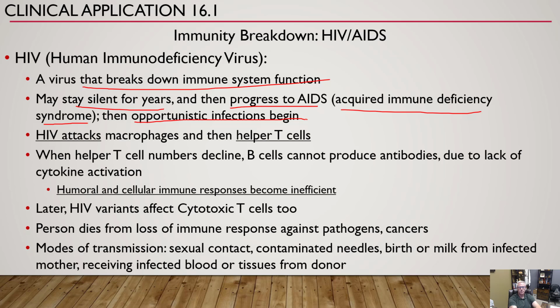have no immune system. So what happens in HIV is that the virus itself is going to attack macrophages. Remember, macrophages are just phagocytes that clean up cellular debris and all the dead stuff, and viruses and stuff. So the virus actually attacks the macrophages. And then it's also going to attack helper T cells. And then as your T cells begin to decline,